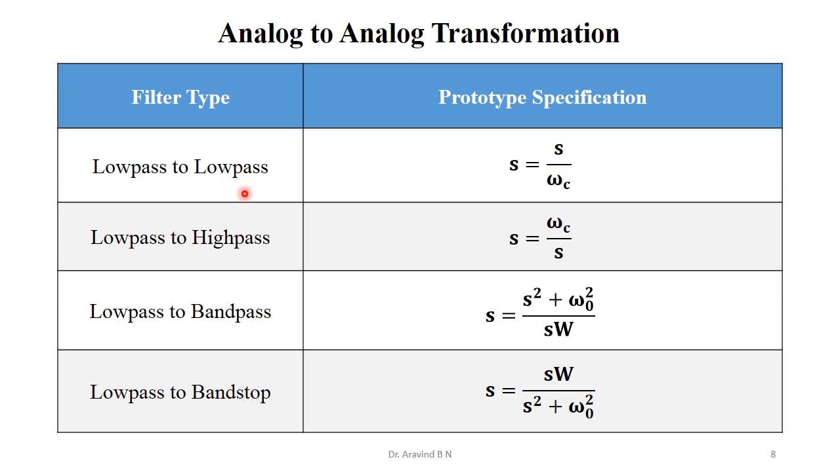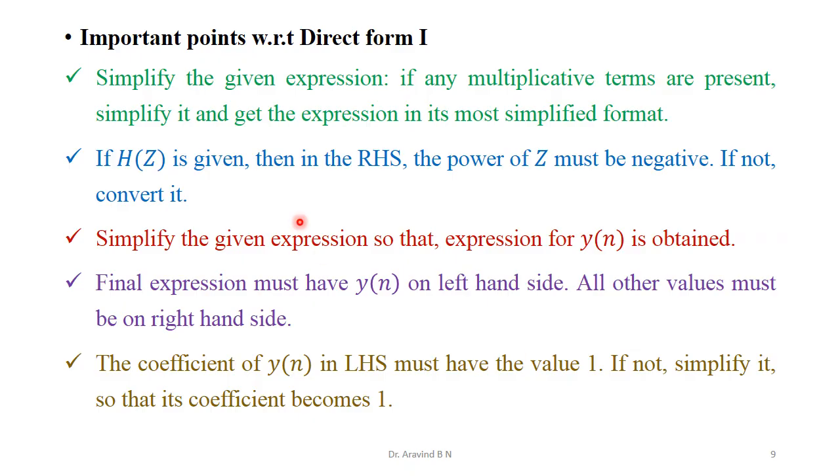So for low pass to low pass transformation, in the sense that the low pass prototype representation is given, we are converting that to the actual low pass filter with a given specification. To have such conversion, we are going to make use of these substitutions in the analog filter representation or the analog filter prototype. If you make this substitution in place of s, we obtain the corresponding filters.